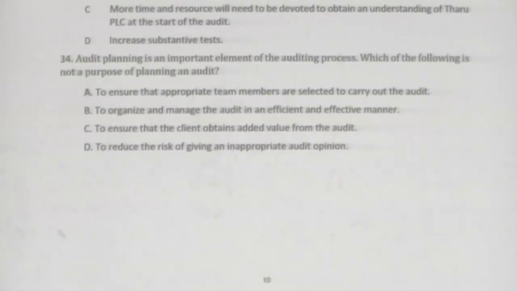Then we discuss audit planning. Actually, I explained to you a few minutes before, auditing has two sections. One is to know where the risk is and then decide what to audit. That whole process of identifying the risk, assessing them and planning the procedures is called audit planning. If you do not plan, if you just walk into a client and say give me your file and audit, that is audit without a plan. So obviously, if you plan, what are the benefits you are going to have? Which of the following is not the purpose of audit planning?